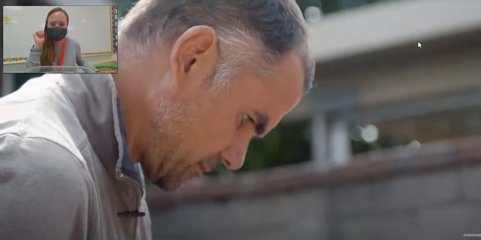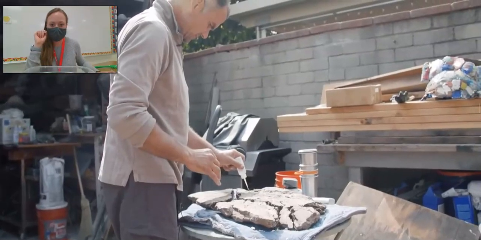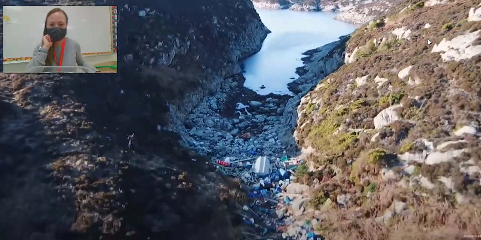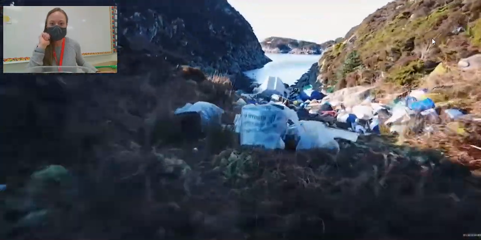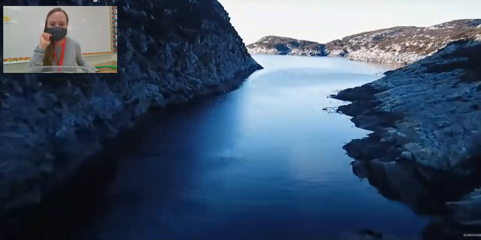Marcus Eriksen is an environmental scientist who has made it his life's mission to solve the problem of marine plastic. It's a global issue because plastic accumulates in gyres, large circular currents that thread through the world's oceans. What's leaving land heading out to sea is all the single-use packaging. It's the straws, the bags, the bottles, the cup lids, the stir sticks, all this junk that we use once